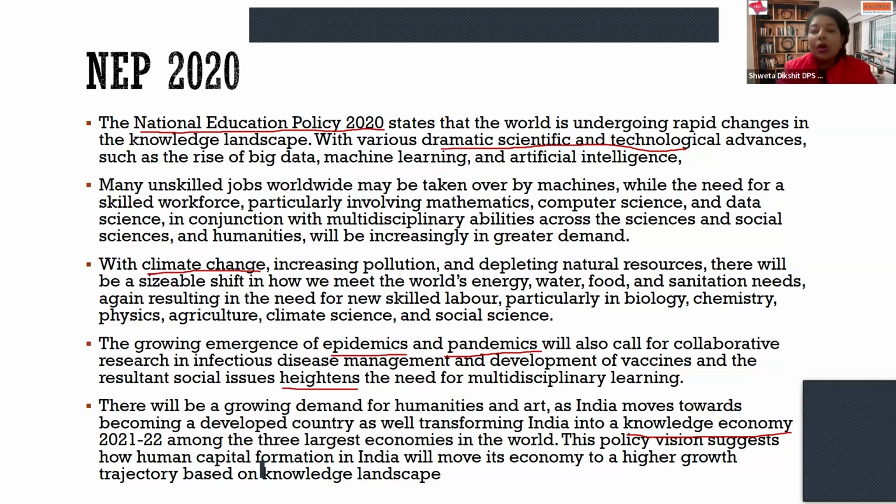And including them all, subjects like humanities, arts, music, all types of performing and non-performing arts, are the demand of the present time. So this, because it is a very new topic, recently introduced, can be a part of your question paper, that is, what are the changes introduced as per NEP 2020. In fact, there are many more points, but as per NCERT, only these are the points which have been discussed. So you should focus on these.